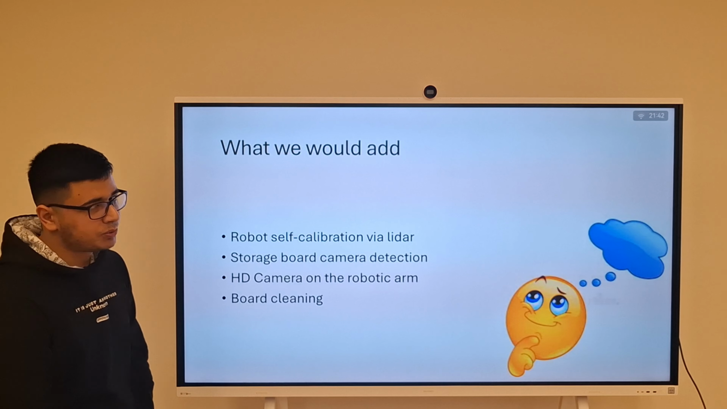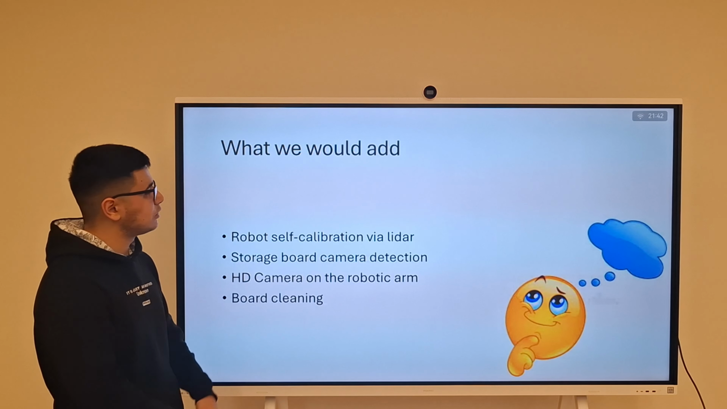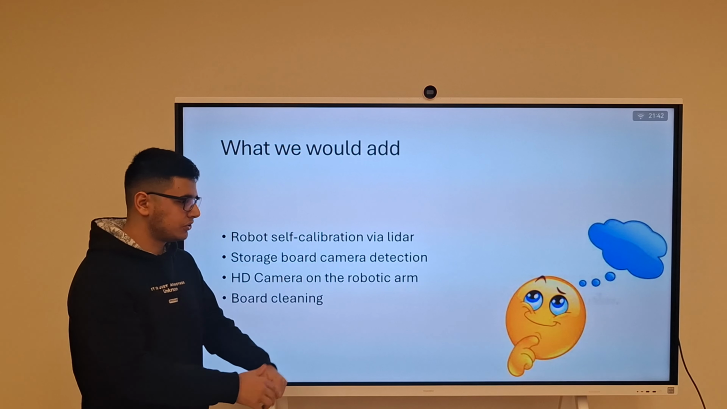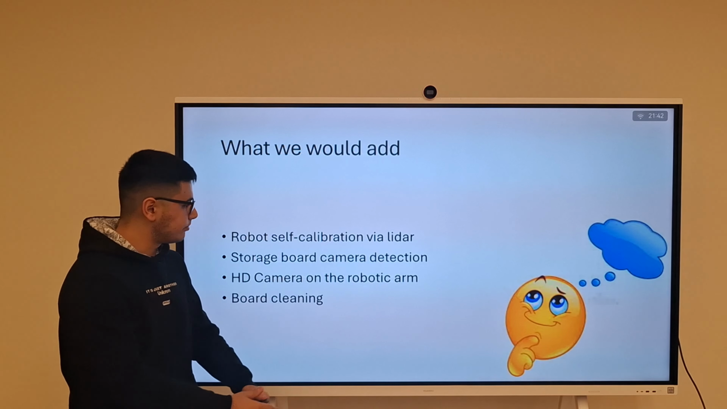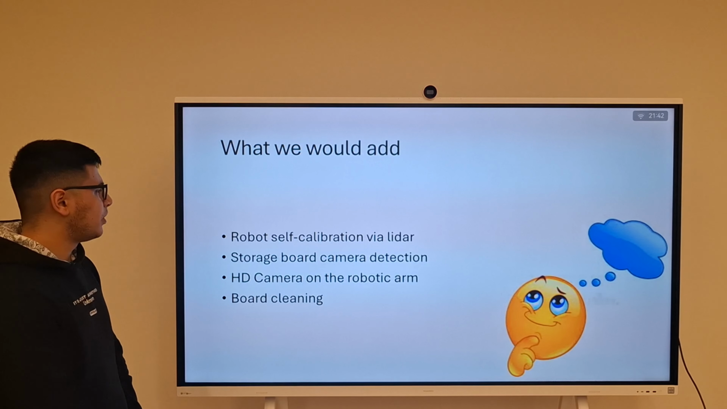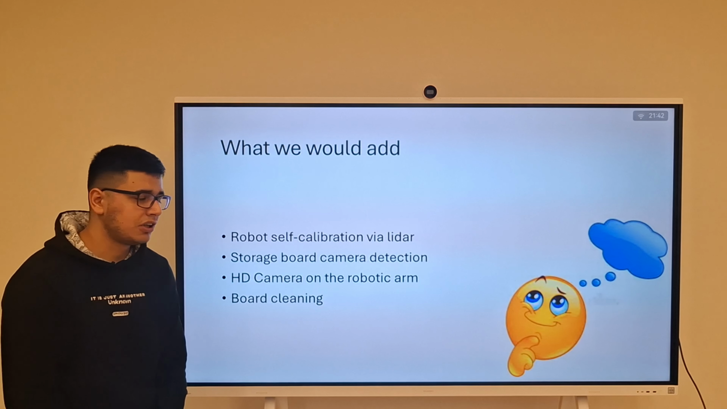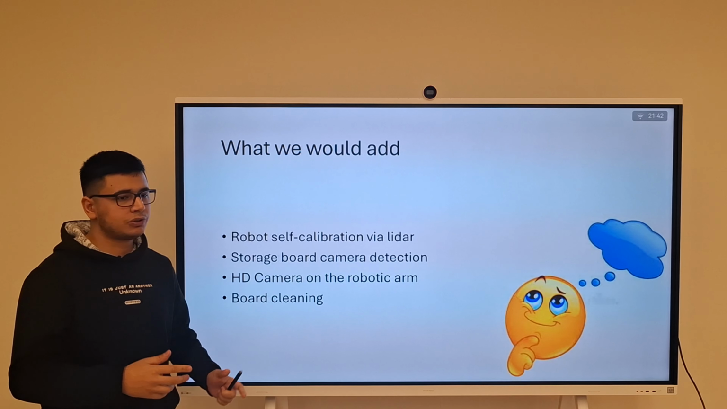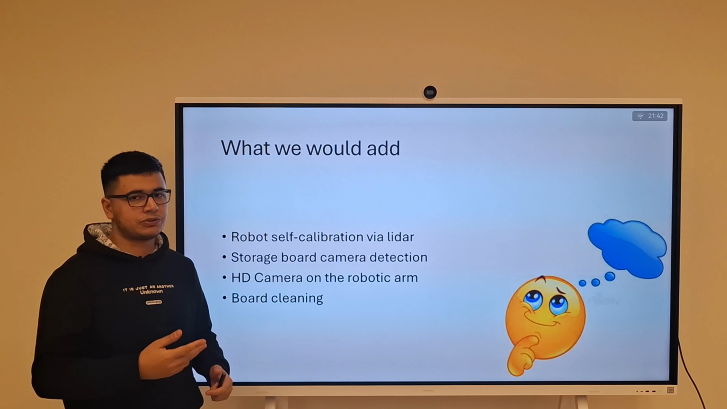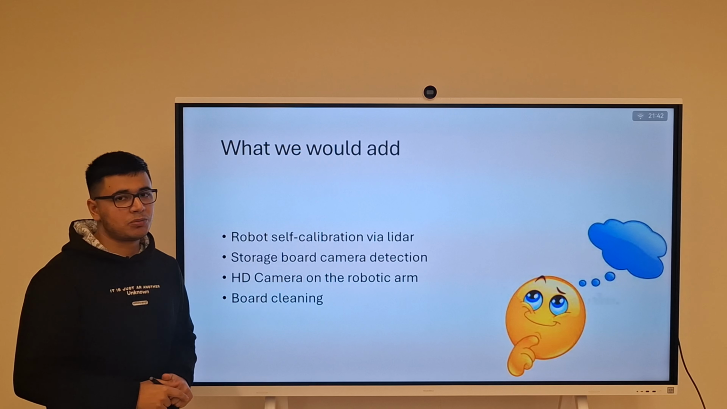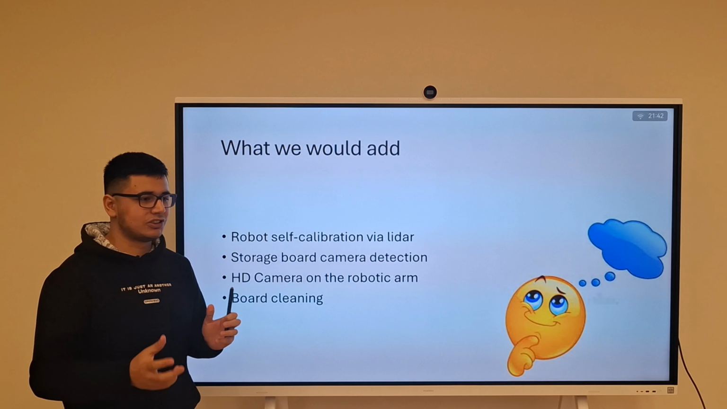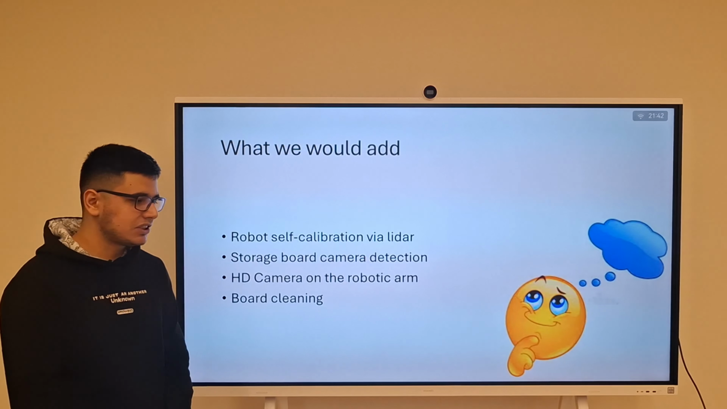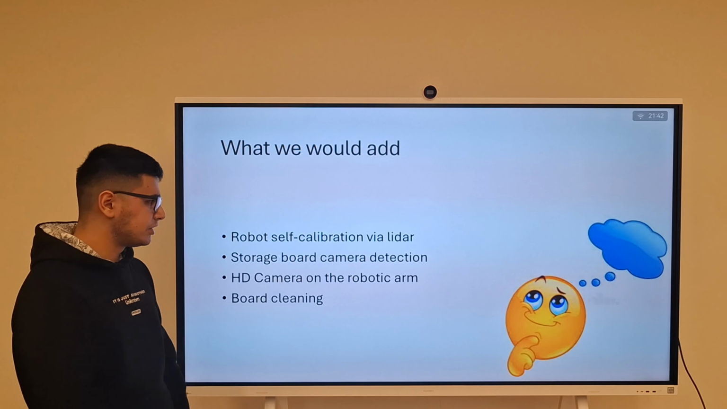And as I said, if we want to expand, this is what we would add if we had more time or want to easily expand our project. First of all, why not add robot self-calibration? It may become overwhelming sometimes to calibrate the robot manually after 2 or 3 games, since the robot makes a little jiggle, its victory dance. After each time it wins, it offsets its position, and you have to